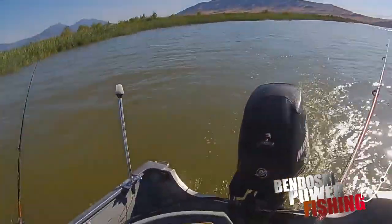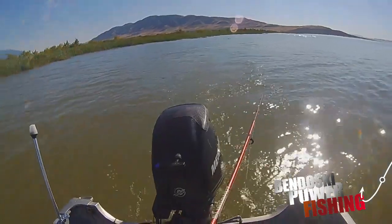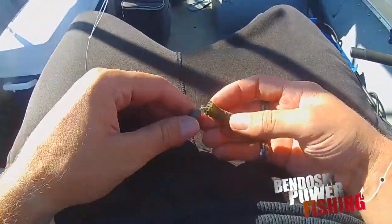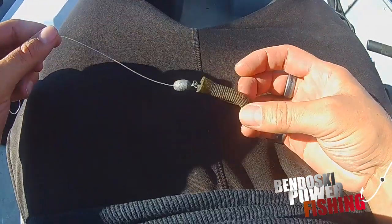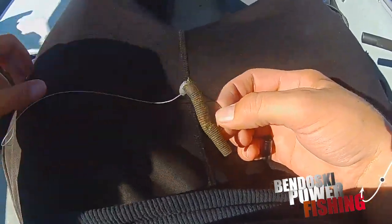And while we're trolling this slow right close to the shore, I might actually throw a Cinco back there. I'll do this for a second, and then I might just throw a Cinco into those weeds as we're going. Okay, this is a half a Cinco. Well, it's maybe a quarter. It's just an old one that was on there with a worm hook and a weight. And then I've got my leader here. I'm going to throw this on my bait caster, and I'm going to throw it in those weeds